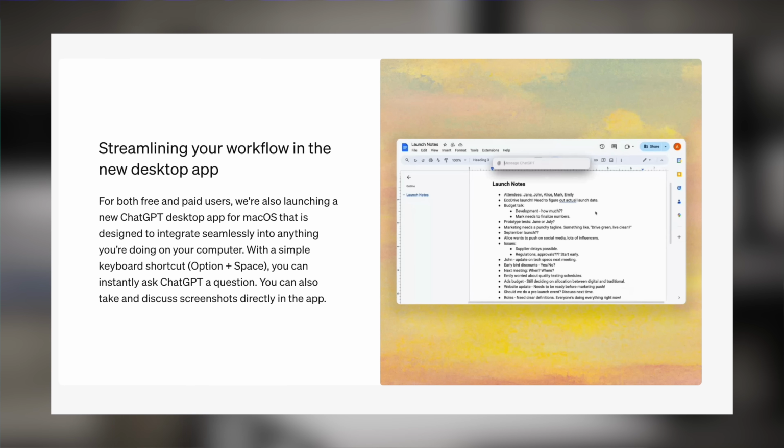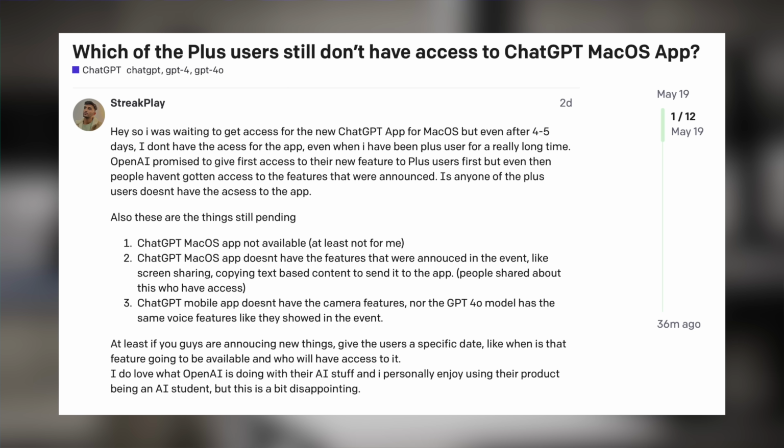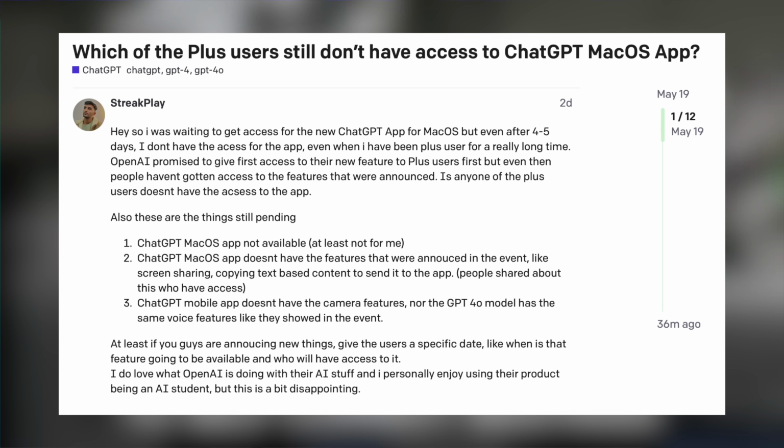Lots of news recently, stacked over the last couple of weeks. One of those things was the GPT for Mac app getting launched. And I use the word launch very loosely, because while you can download it, almost no one can actually use it yet. It seems like it's mostly for developers at this point. Almost exclusively for developers, it would seem. They definitely didn't disclose that fully in their presentation.